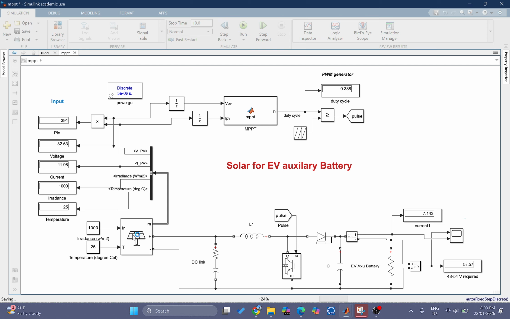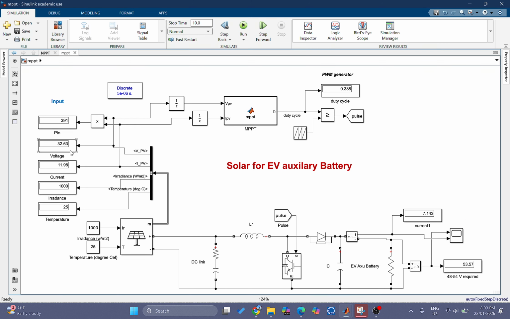Therefore, since the PV is not able to generate 48 to 54 volt, we are using the boost converter to boost